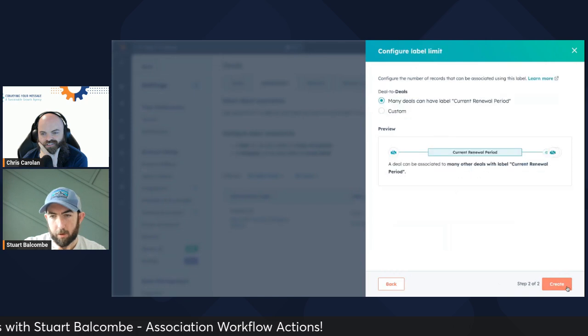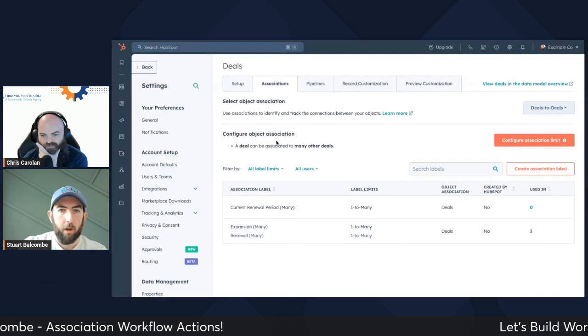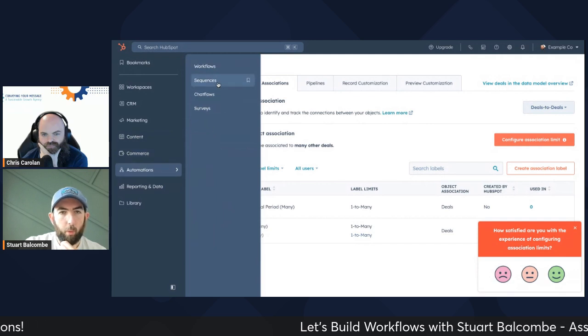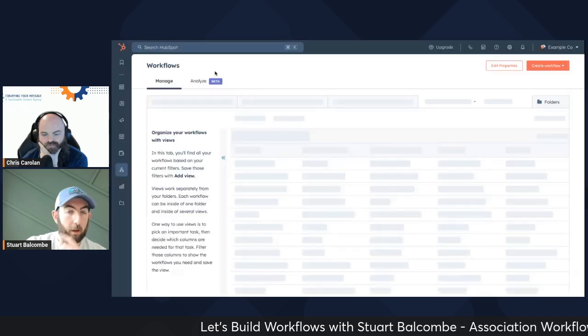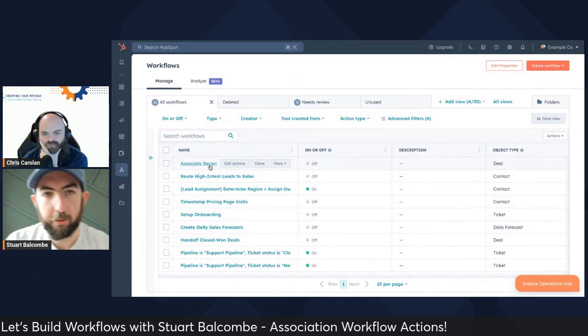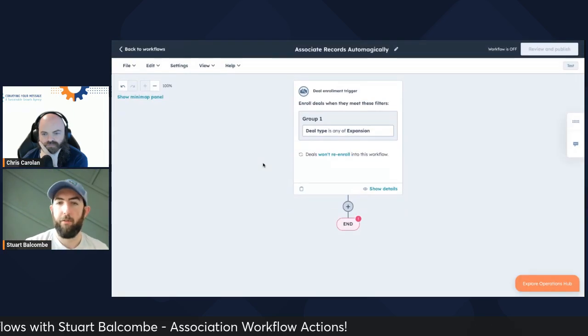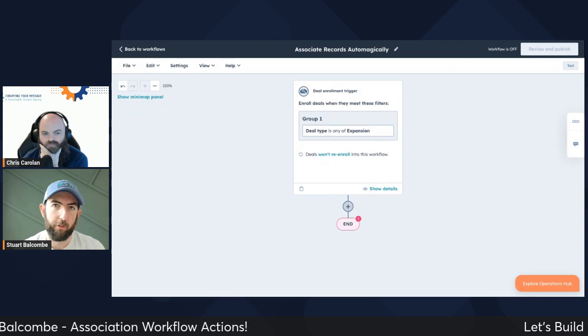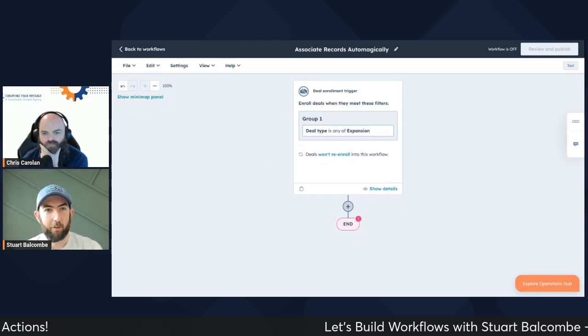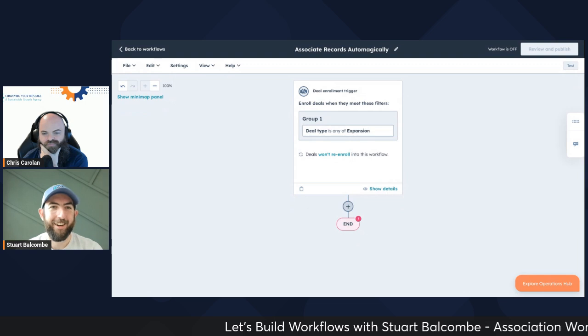Yes, they are associated. Great. Okay, so now if I go back to my workflow, what I might want to do is say, well, in a workflow, and this is where I think you can remove some of the manual work, this is a powerful thing to be able to do automatically in workflows. I'm curious your take on this because I could also see it being a dark pattern too,